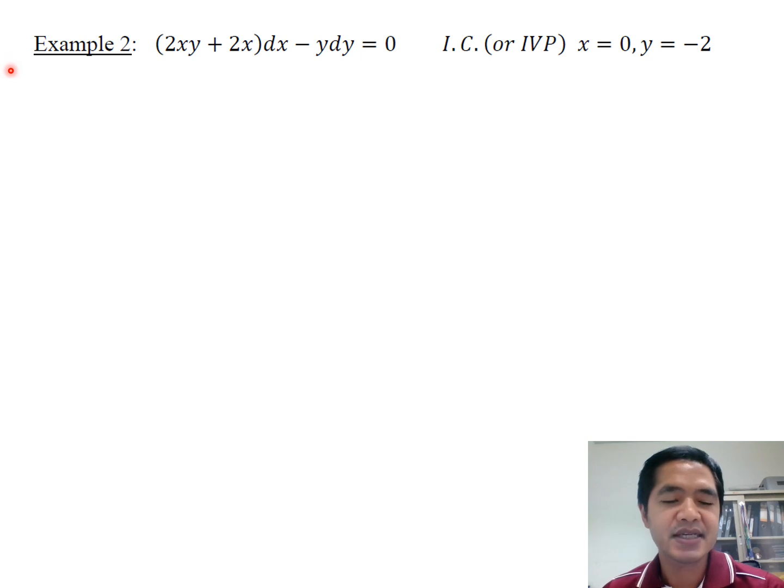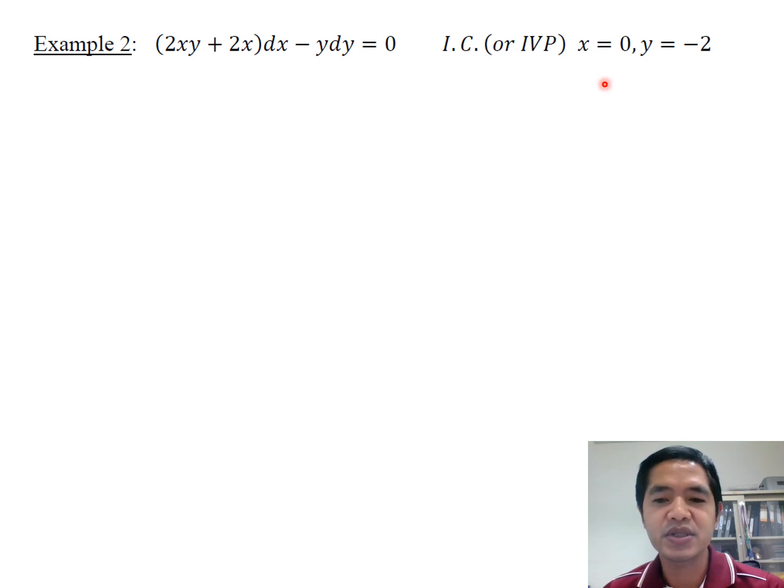Now take a look at the second example of the separation equation. Here we have (2xy plus 2x) times dx minus y dy equal to 0. We also have an initial value problem, which is x equal to 0, y equal to minus 2. That means when you get the general solution, which means the answer with C, you have to substitute to get the particular solution. Okay, which means you solve for C to get the